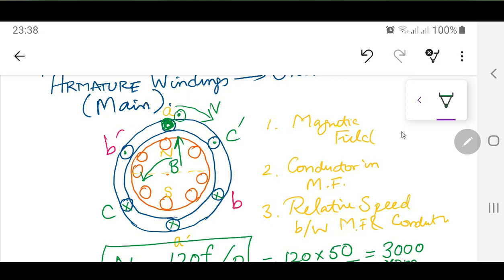So practically in a DC generator, you're also producing an AC waveform, but you are actually rectifying it by the use of commutators and carbon brushes over there. So here you don't need any carbon brushes or commutator, yes, but they are required because you are giving the field winding on the rotor,